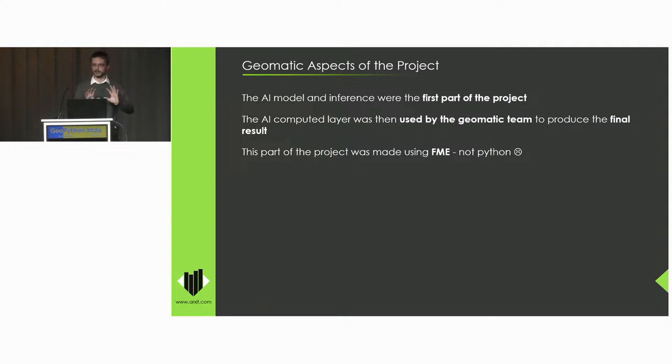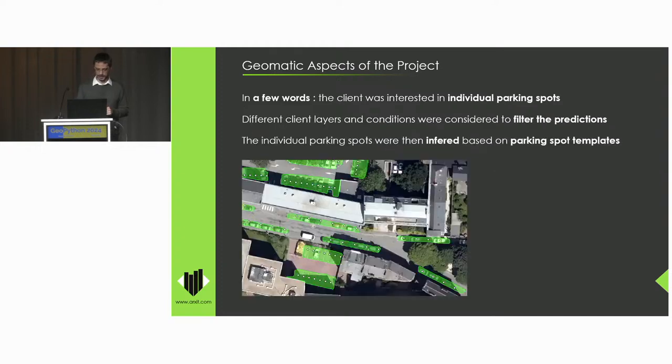I won't go into too much detail here, but I'll give you a few words about what happened after the AI phase. Basically, when you have an AI layer, you still have mistakes. So you have false positives that remain. Some of them are easy to spot. Some false positives can be really small detections, or can be considered as noise, that are easy to spot and easy to get rid of with simple geometric considerations.